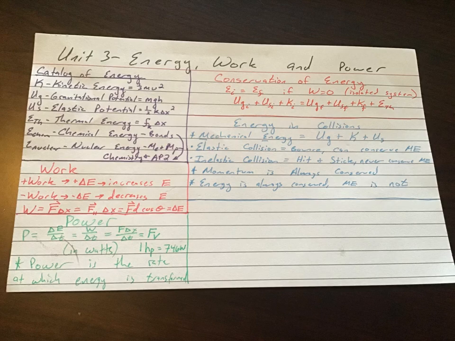So that was quite possibly the quickest video we could have had with this, and that makes sense because this was one of our quickest units. We started by building a catalog of energy, and we talked about the different types of energy that we were going to use. Work, that's where energy comes from. We do work to get energy. Power, that's how fast we do work. And then you can use the conservation of energy to look at a before case and an after case,